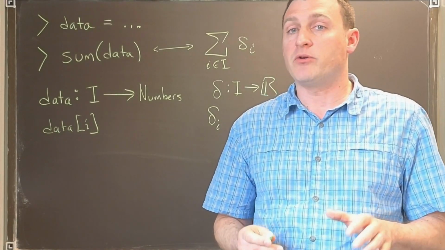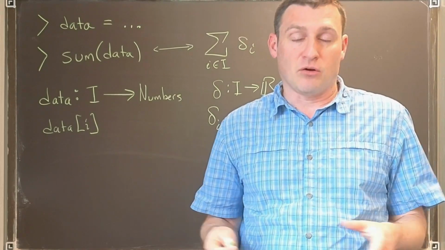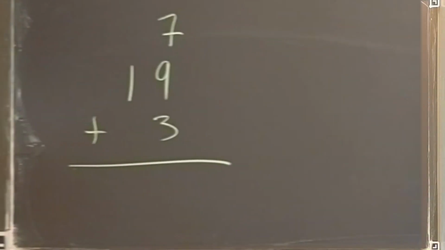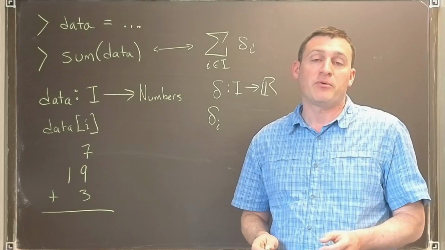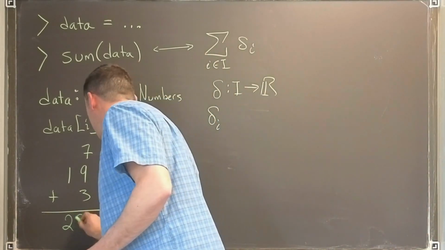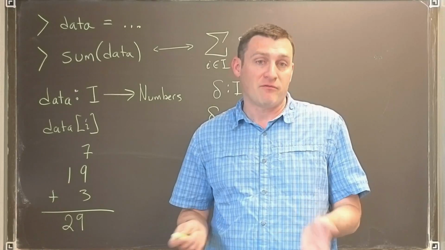In fact, most modern computers don't bother to add just two numbers at a time. They'll take entire batches and add them in large clusters. And you do the same thing in your head as well. Let me demonstrate. Add these three numbers up as fast as you can in your head. My prediction is that you added the 7 and the 3 first to get 10 and then got 29. That is, our minds are so coached to find shortcuts that we're free to rearrange them and find short advantages